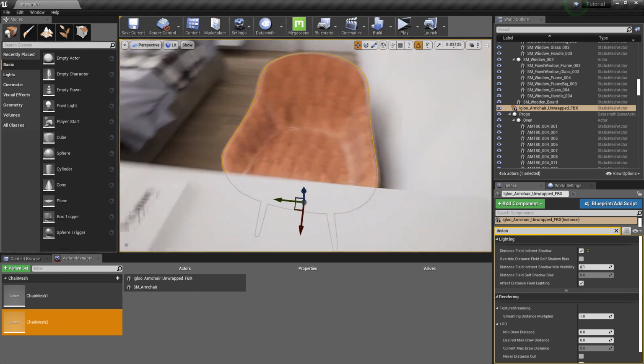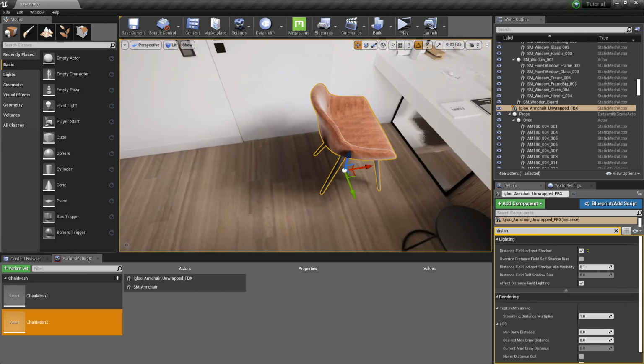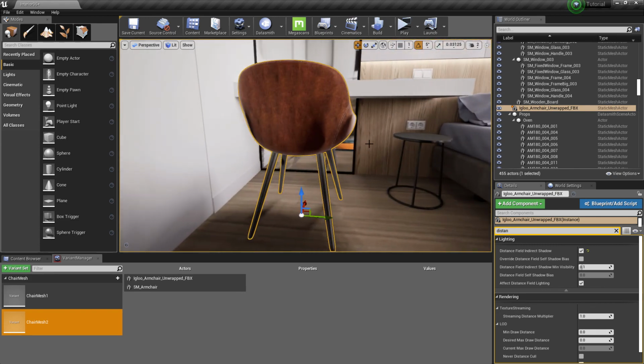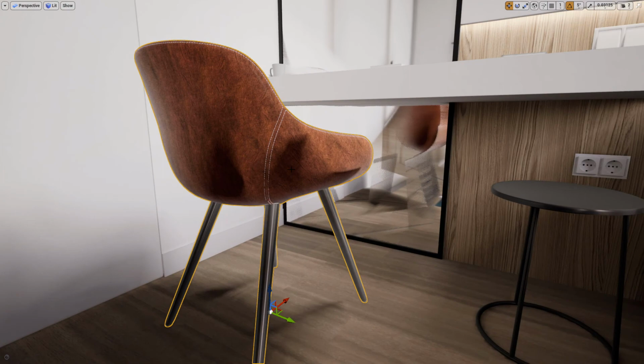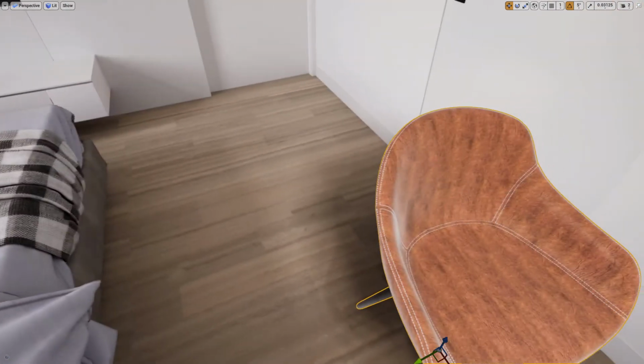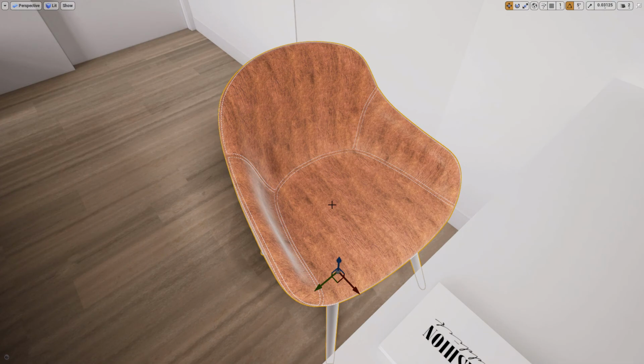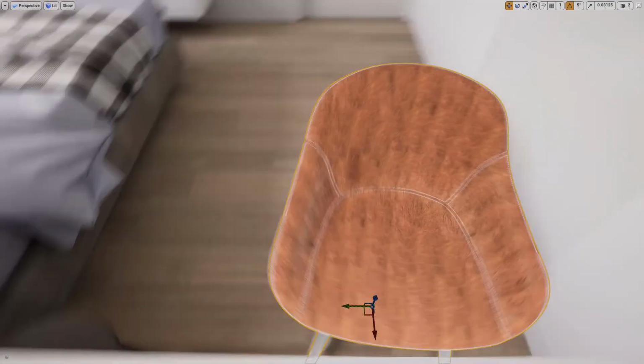We have got the shadow, but the chair is not getting affected by the GI. Shadowing artifacts are also present. It's looking very unreal right now.